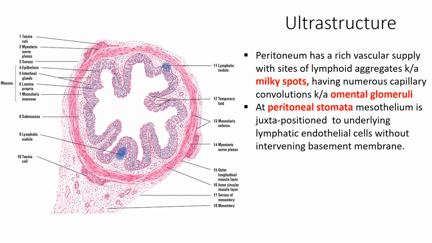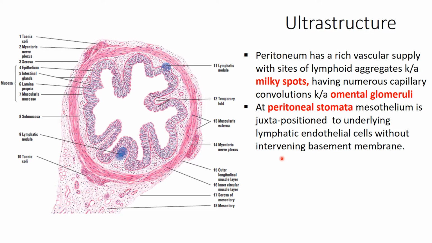But these lymphatics have multiple sites of lymphoid aggregates, and these are known as milky spots, being paler than other portions. And these have characteristic numerous capillary convolutions, and these are known as omental glomeruli, being convoluted. And at peritoneal stomata, which are also known as the mesothelial pores,